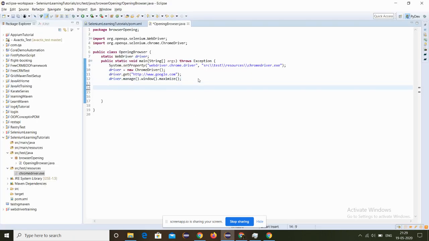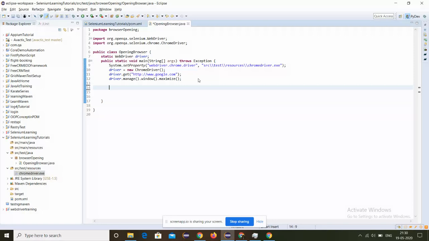In the previous video, we learned how to open a Chrome browser using Selenium. In this video, we will cover how to navigate from one URL to a new URL and come back to the first URL, and we will learn how to close the browser.